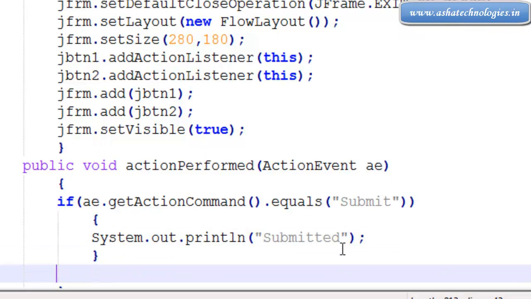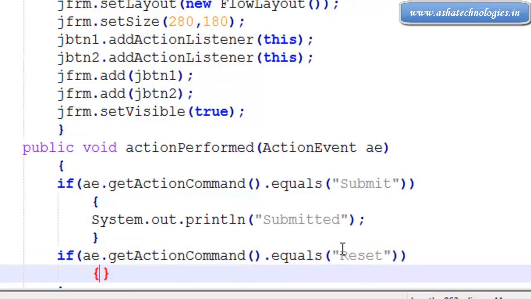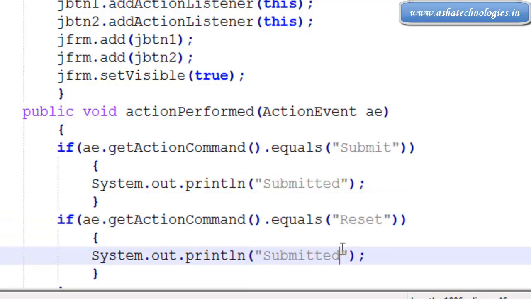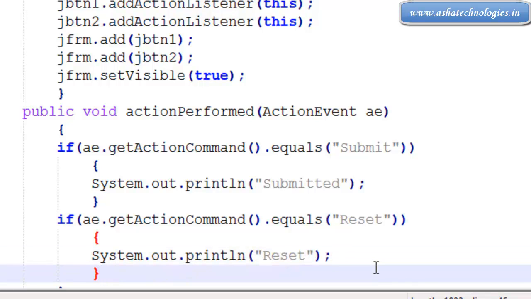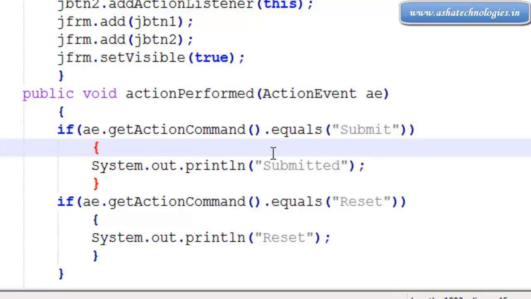And again I can go for if a.getActionCommand().equals, and I'm going to go for reset, and print reset. That's it. This is a simple application in which the actionPerformed method catches an event